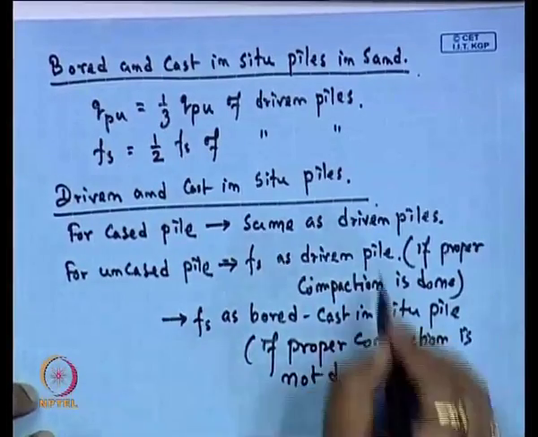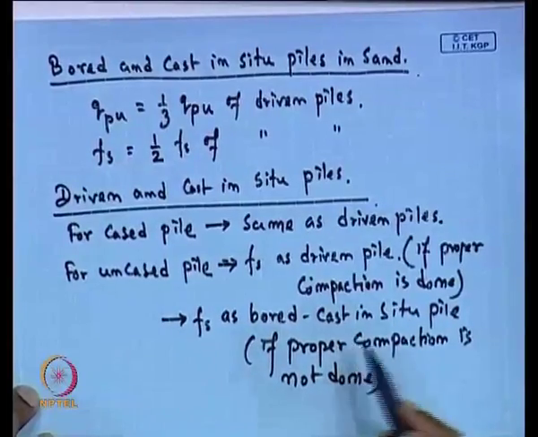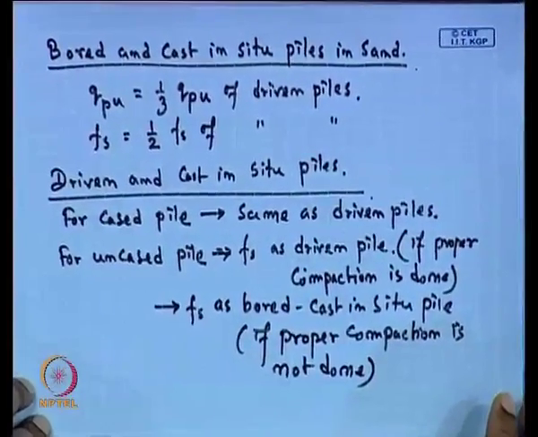So, these are the conditions by which you can determine the load carrying capacity of the pile, or the tip resistance or the friction resistance of the pile, based on the penetration test data, that means the cone resistance or the SPT N value. We can determine this for the driven pile, the bored cast in situ pile, and the driven cast in situ piles also, and in the different pile conditions, the cased pile and uncased pile. In all these cases we can determine the pile load capacity by using this penetration value.